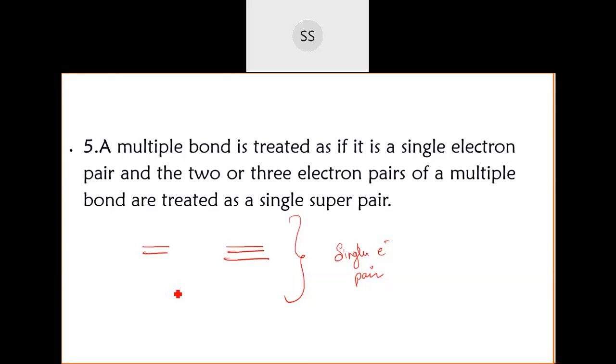Why they said that is because if you have electrons which are paired between each other, like if I take an A and B molecule and these electrons are bonded with each other, these electrons will be present between the nuclei of the 2 atoms. So they won't affect the shape much. However many bonds are present, whether double or triple, we just treat them as multiple bonds. They don't influence the shape of the molecule much, so they can be treated as a single electron pair.